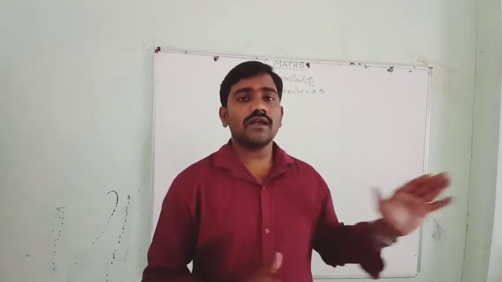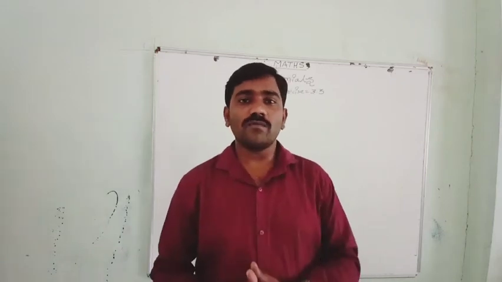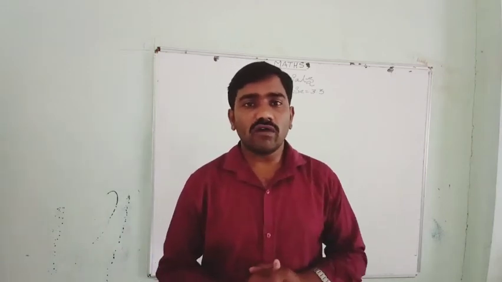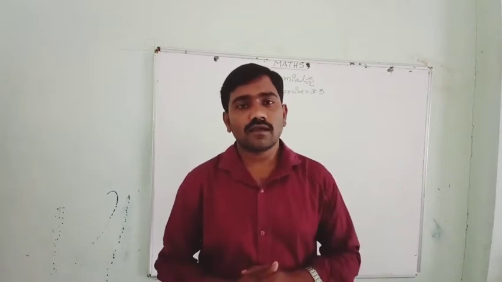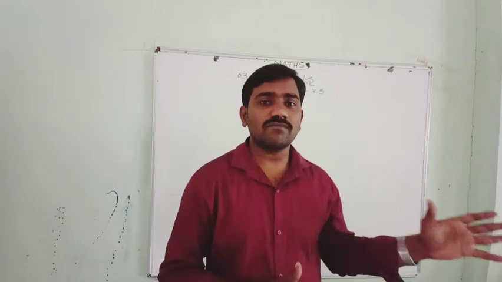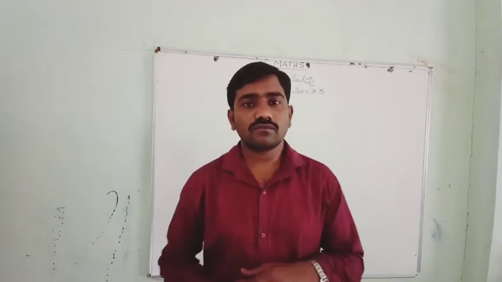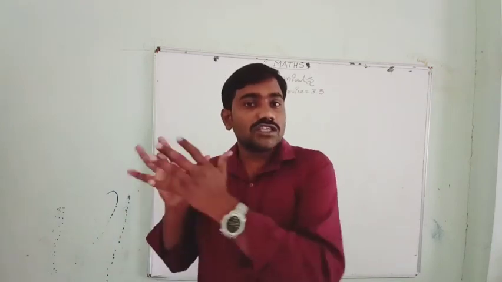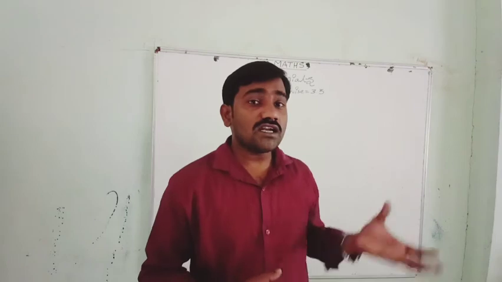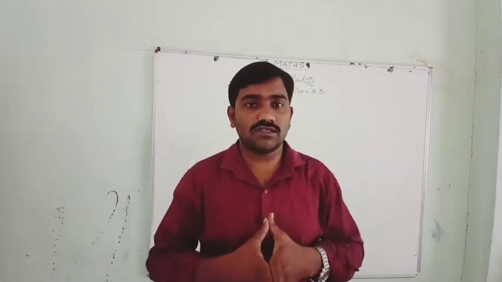As we have studied in the previous exercise 3.2, a linear polynomial will have one zero, a quadratic polynomial has two zeros maximum, and a cubic polynomial has maximum three zeros. With these zeros, and we already know about coefficients, is there a relation between these zeros and coefficients? We have to find out that.